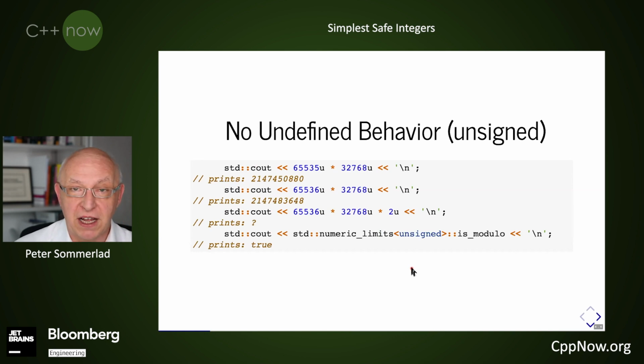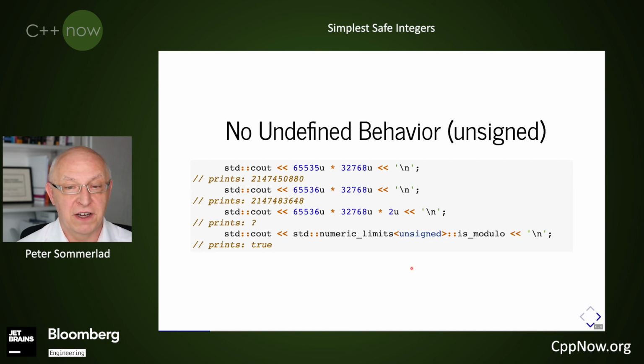So when we want no undefined behavior, we can actually use unsigned arithmetic. That is guaranteed to wrap around, to have modulo semantics, and even that can be critical if you want accurate results. Unsigned arithmetic will never be able to tell you that you are actually having the overflow happening. So that's also a pity, and I will show you at the very end a library where you can actually detect unsigned overflow as well, at least in a configurable way.